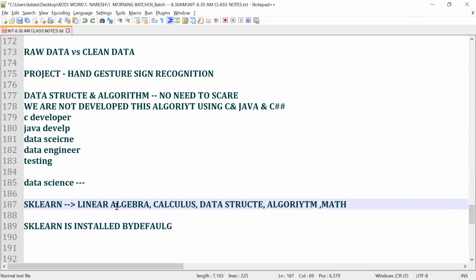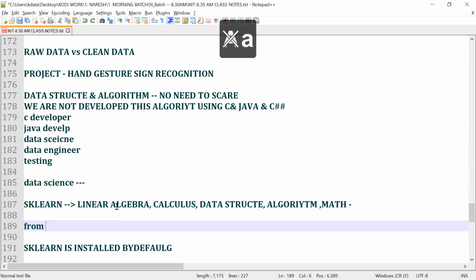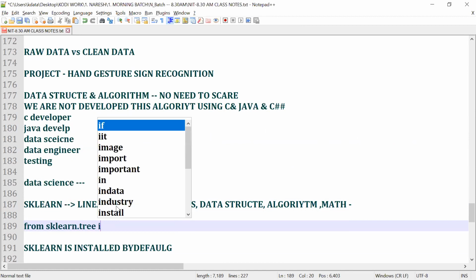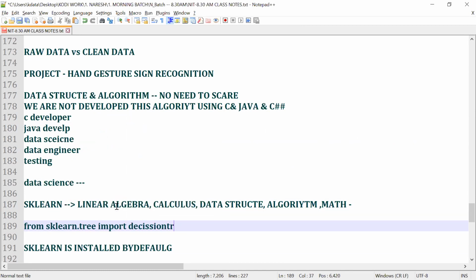All those things are combined. What you need to do is call it: from sklearn.tree algorithm, import DecisionTreeClassifier. What exactly do we call this, guys? Now, is this big code?